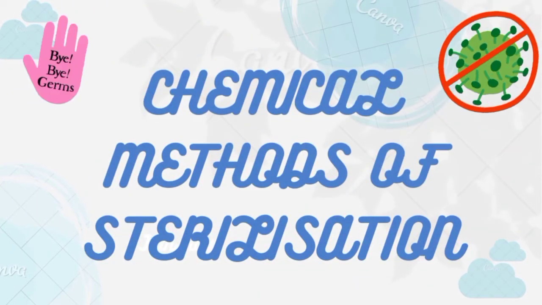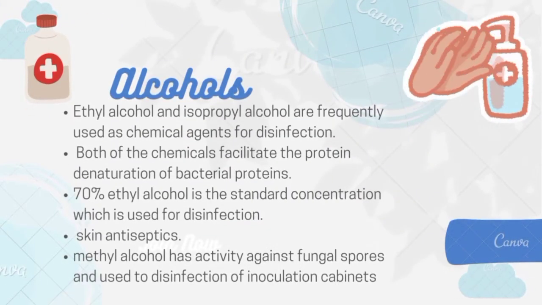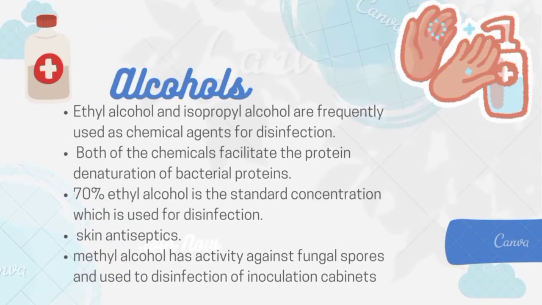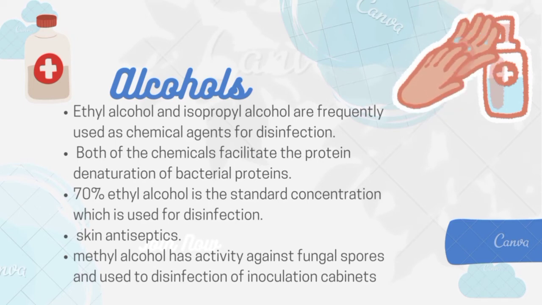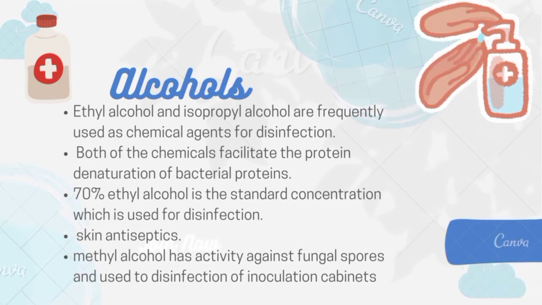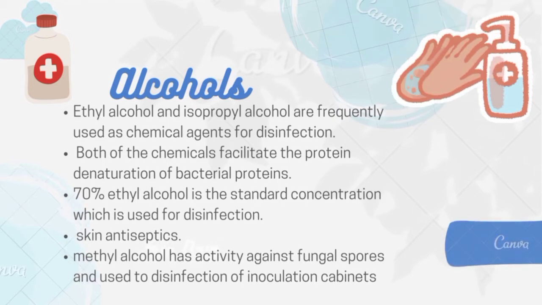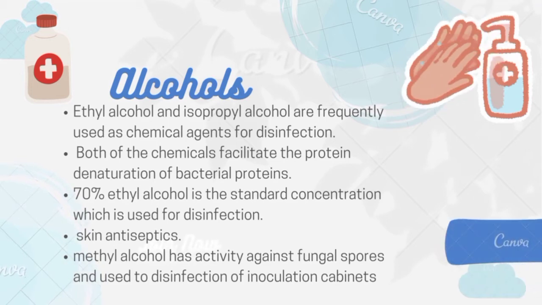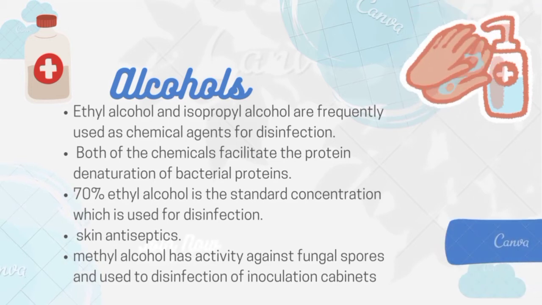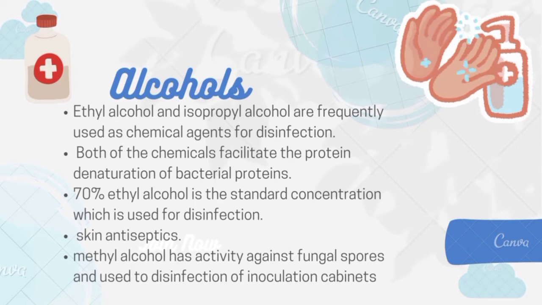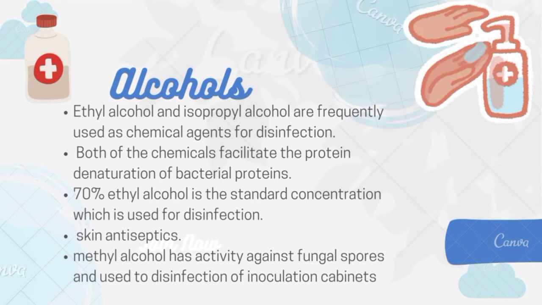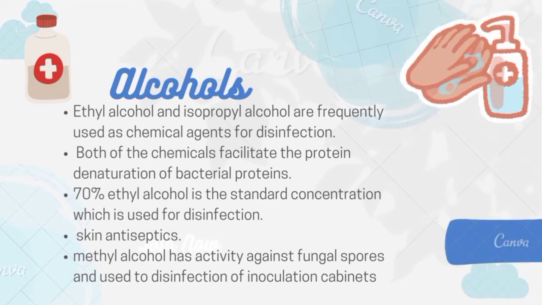So next, let me move to the chemical methods of sterilization. First is alcohols. Ethyl alcohol and isopropyl alcohol are frequently used as chemical agents for disinfection, and both of these chemicals facilitate the denaturation of bacterial proteins. About 70% ethyl alcohol is the standard concentration used for disinfection. This alcohol is used as a skin antiseptic, and methyl alcohol has activity against fungal spores and is used for disinfection of